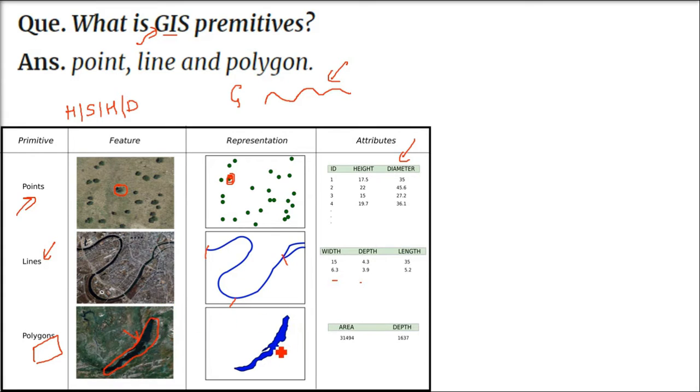So you can use either point, line or polygon depending upon what kind of map you are making and what kind of information you want to give. So you have to use GIS primitives. This is how GIS primitives work in various software. And you need to have a very broad idea about point, line, polygon, because this is how an actual map is made. Cartographers are aware of that.